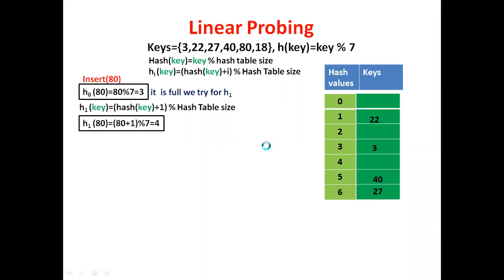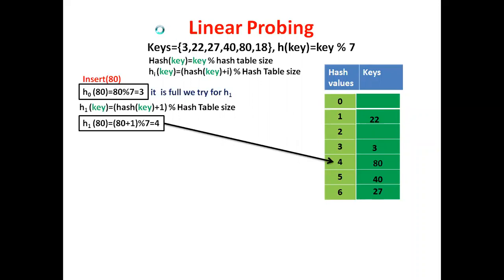We can insert our 80 value into the fourth bucket. Let us check whether the fourth bucket is empty or not. Yes, bucket 4 is empty. So we can insert 80 here. Actually, our 80 index bucket is 3, but we are searching for the next empty bucket, that is 4, is the next empty bucket. So we can insert 80 at location 4. Now the problem is solved. So this is one of the collision solving methods using the linear probing method.